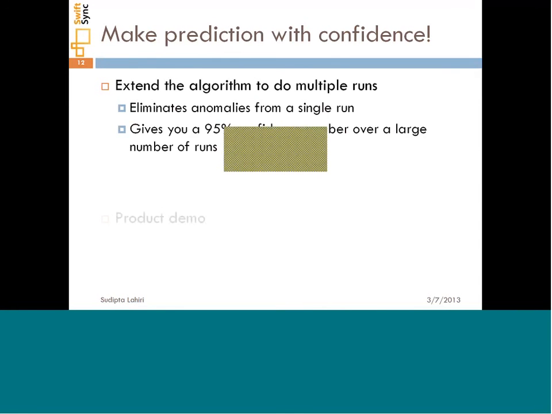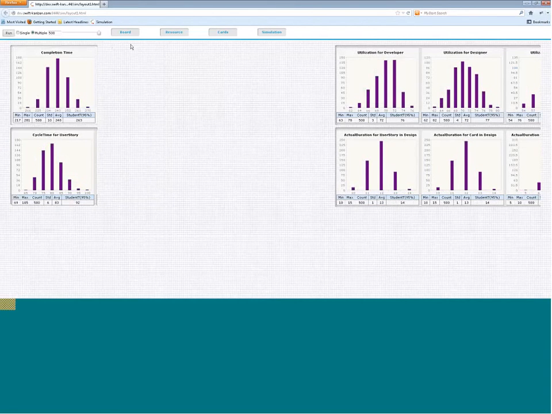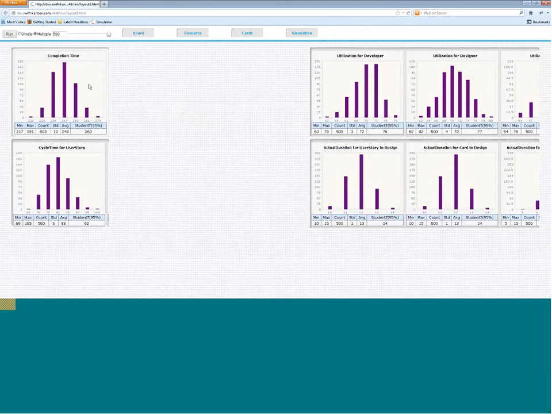But if I were to actually do the simulation over, for the same work pattern, same team pattern, same loading, let me just expand the zoom size here.